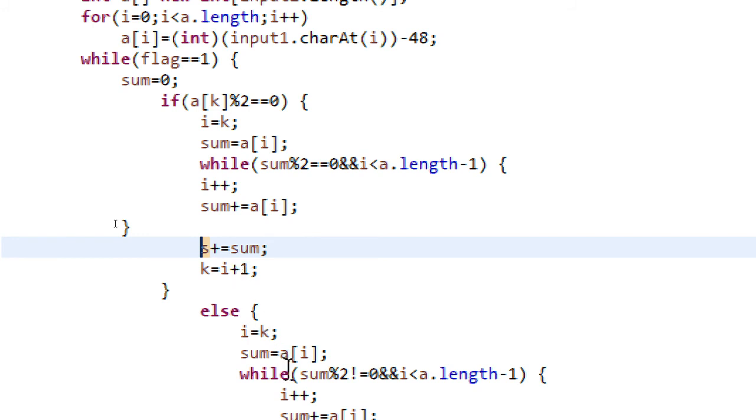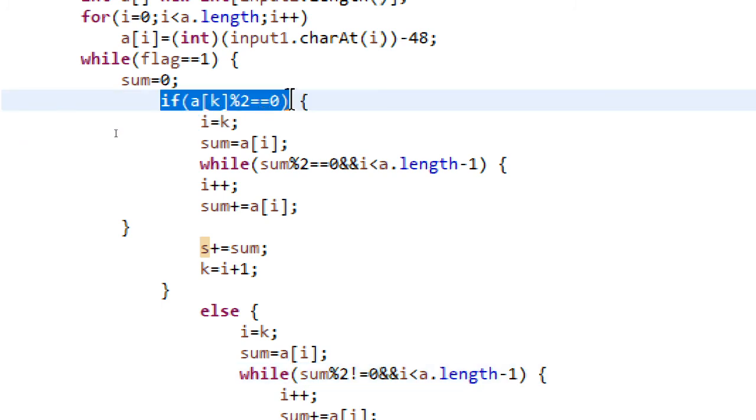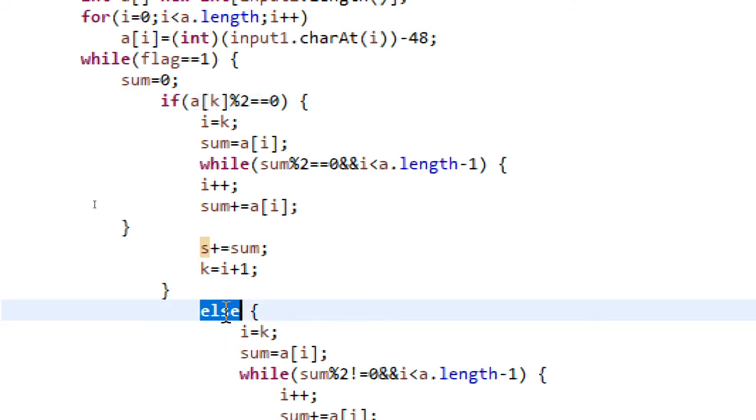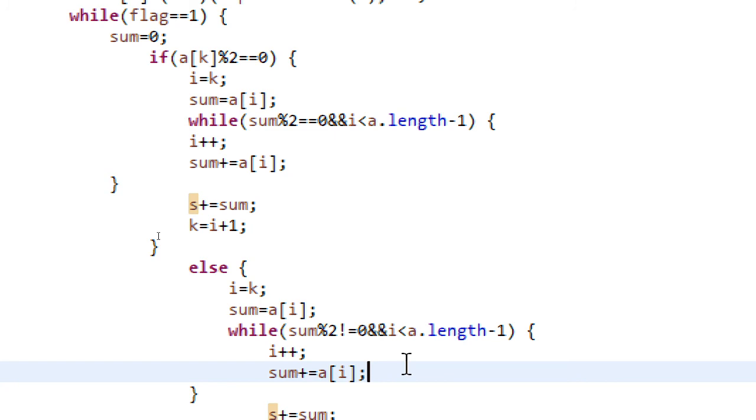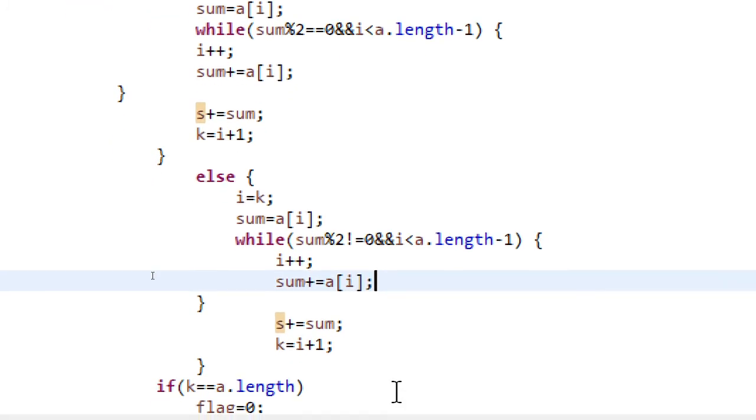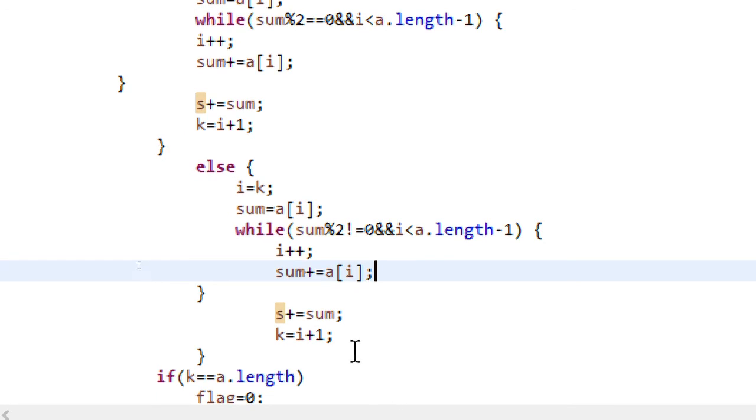And this else, it's very simple. By seeing the if condition you can easily understand what this else is meant for. So this else is nothing but if that particular digit is odd. Here I have just checked if the first digit is even, so this else block is nothing but if that first digit is odd. So the code doesn't change except here. Instead of checking for == 0, I've just used != 0. The rest of the instructions are the same. You can just see it, because in the same way I have to check within the length and increment the pointer, calculate the sum, and whatever sum is generated, I have to again store it in the string. So the same thing I'm using.